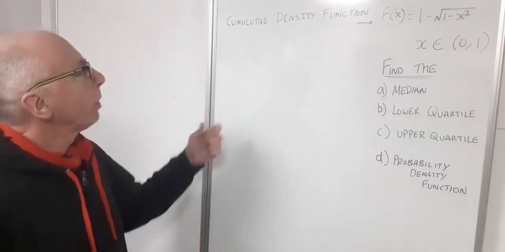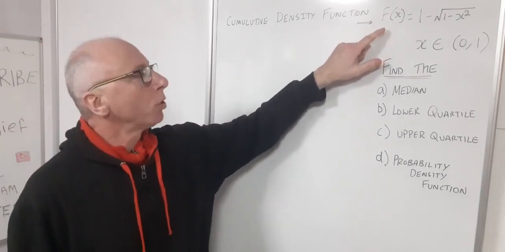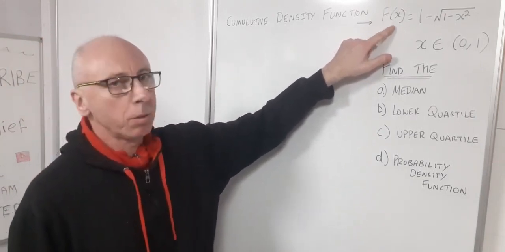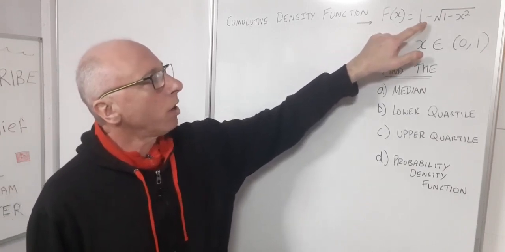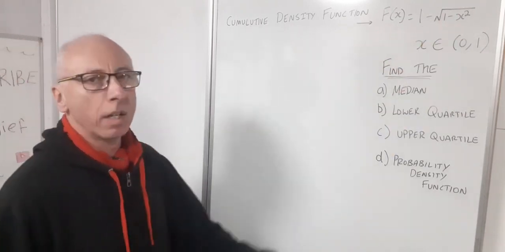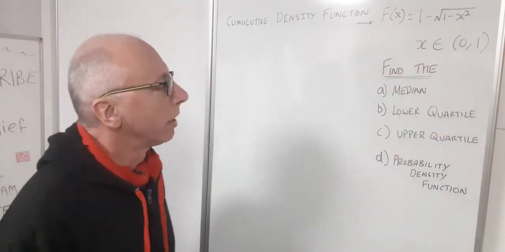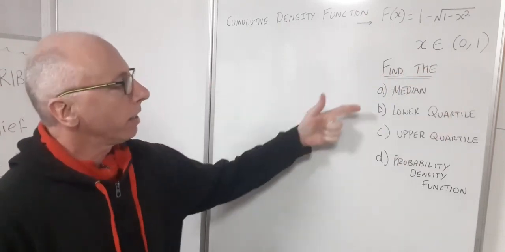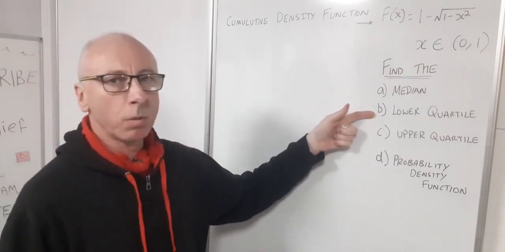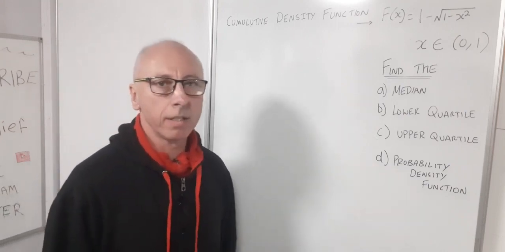So in this question we've been given the cumulative density function of some distribution. We've got capital F of x equals 1 minus the square root of 1 minus x squared, and x is a random variable from 0 to 1. What we want to calculate here is the median, the lower quartile, the upper quartile, and the probability density